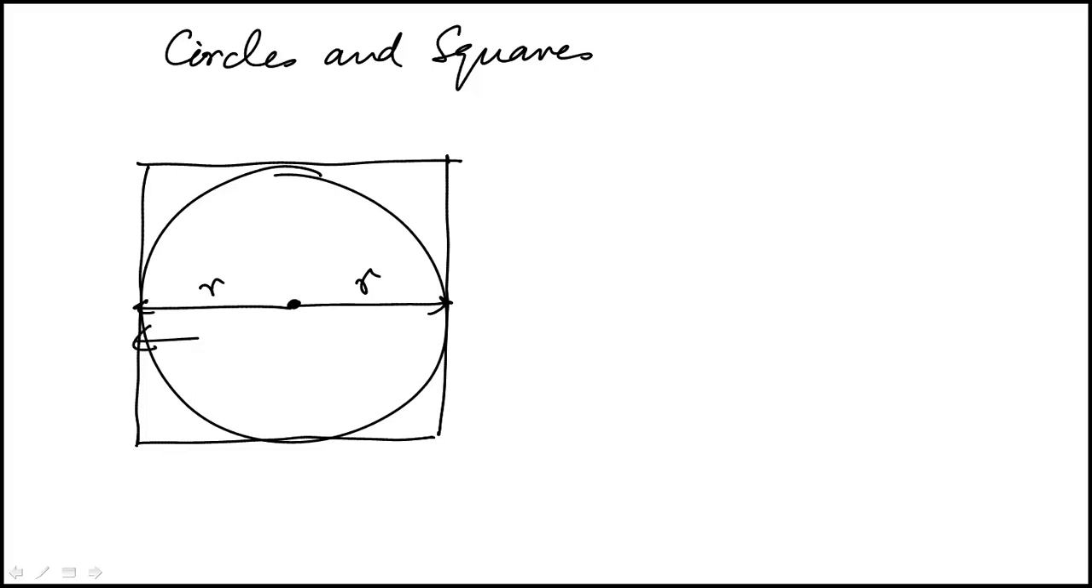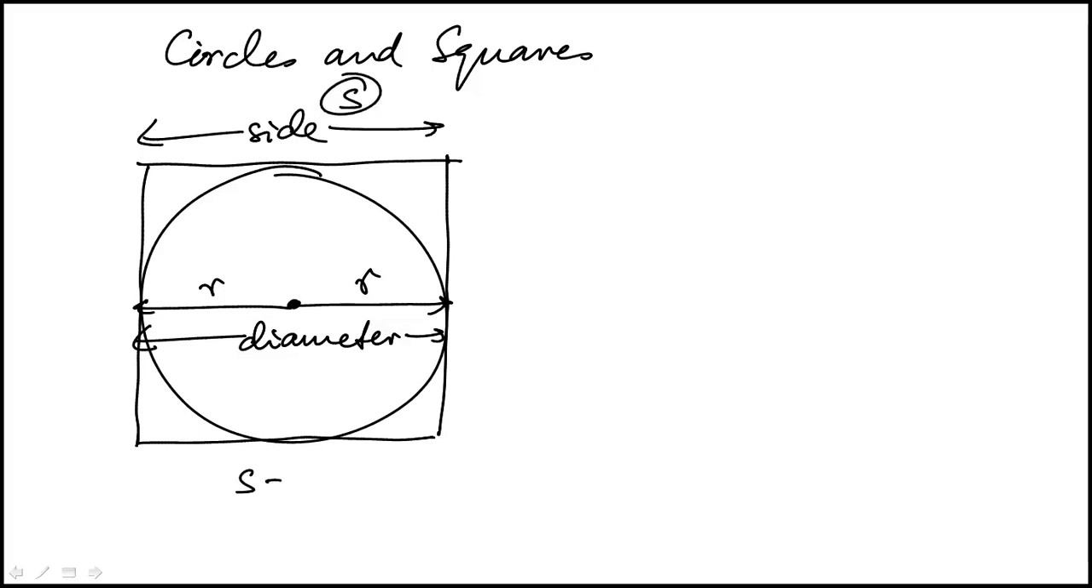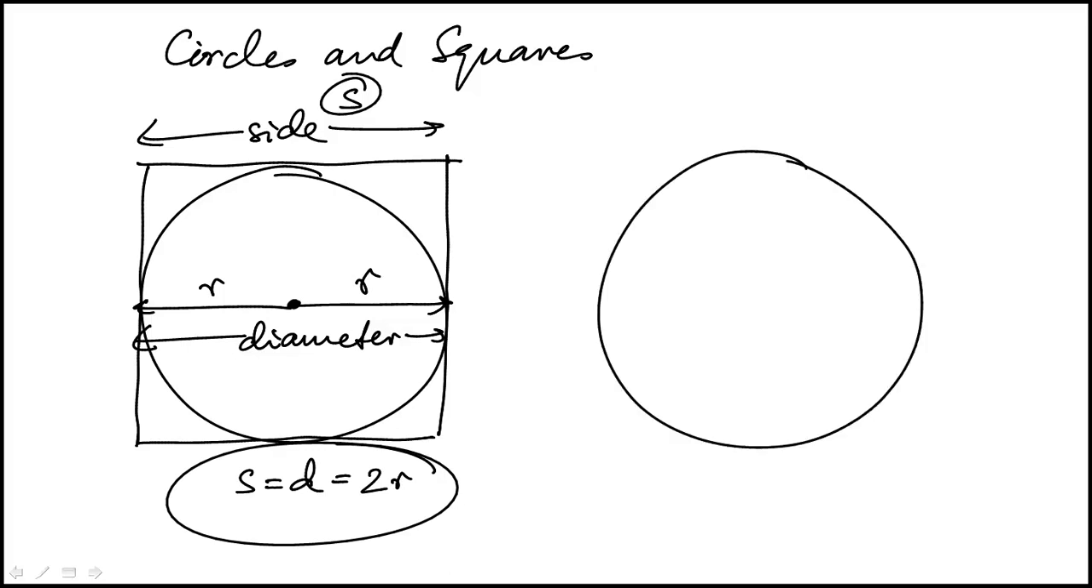And you can think of this as the diameter. So the relationship is that the side of the square, if we call that S, is equal to the diameter, which is equal to twice the radius. So that's the key relationship. And the other is if you have a square inscribed